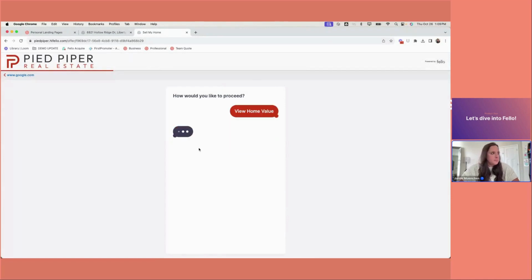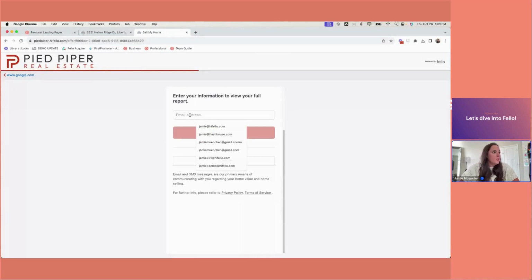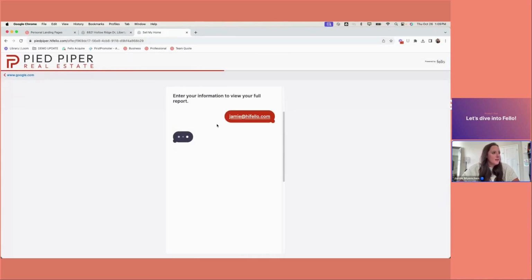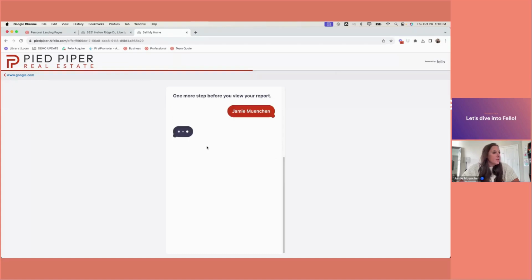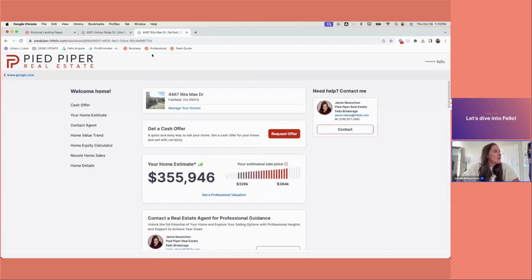essentially their opt-in. From there, we'll ask for their email address and their first and last name. Now, the majority of teams have phone number as mandatory here, but it can be optional, but that is a team level decision. From there, it will take them to their customized homeowner dashboard that looks like this,